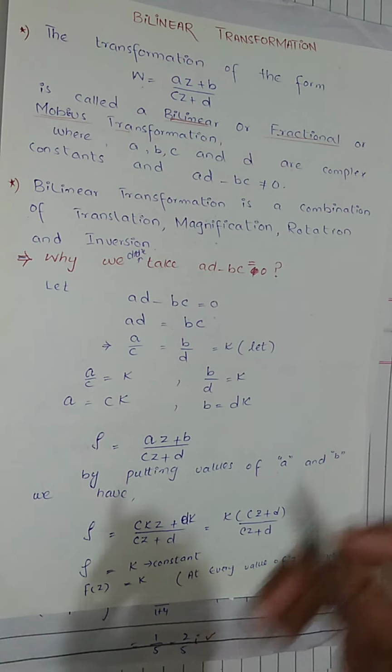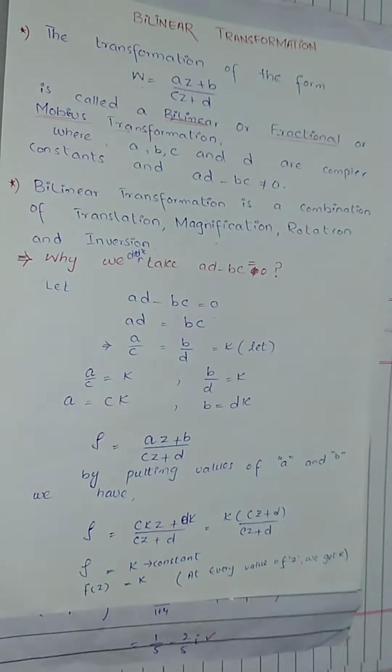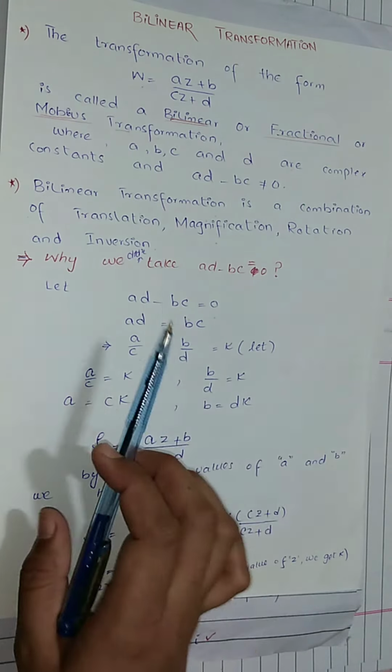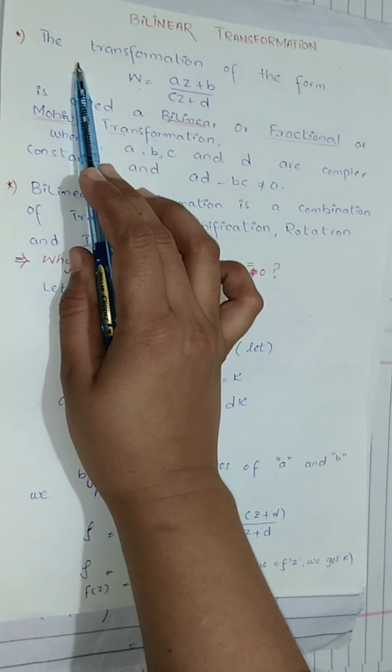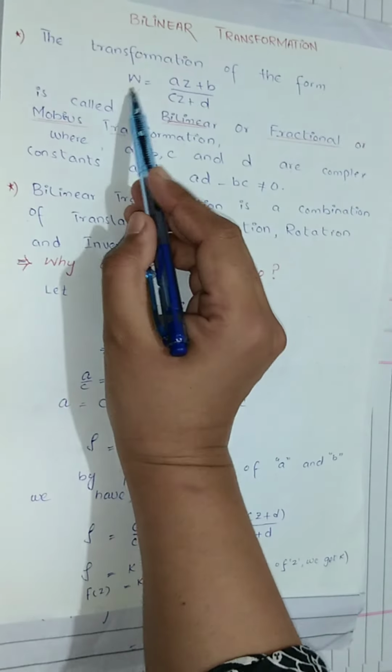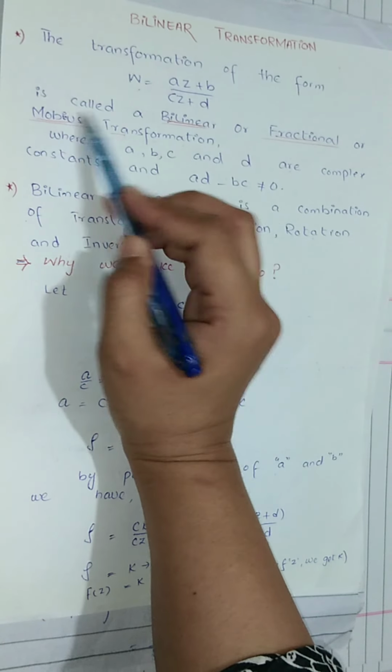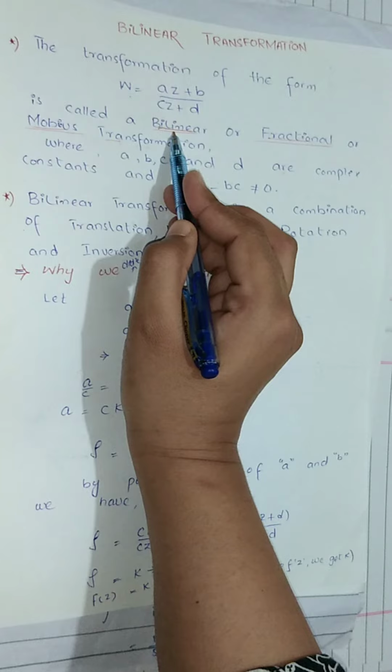In this lecture, we will discuss bilinear transformation. First of all, we will discuss the definition of bilinear transformation. What is the bilinear transformation? The transformation of the form W is equal to (AZ plus B) over (CZ plus D) is called a bilinear